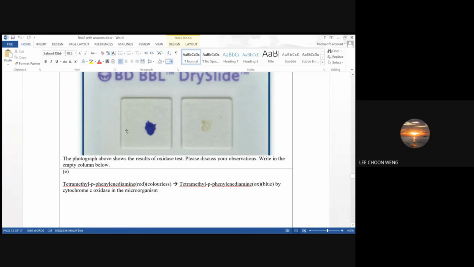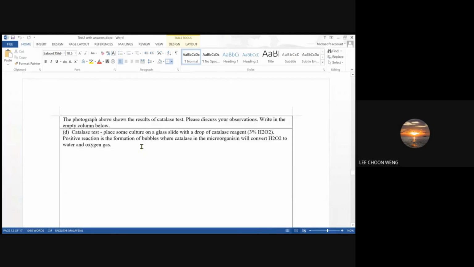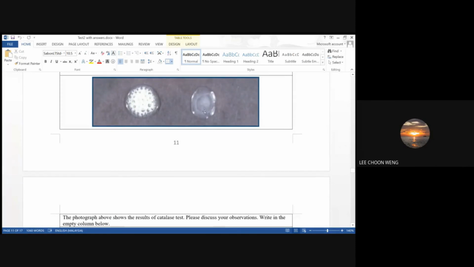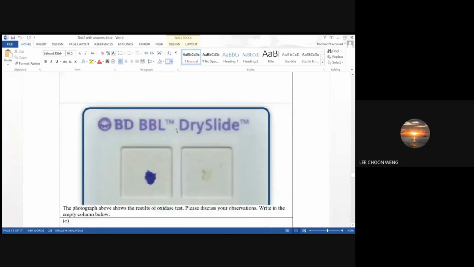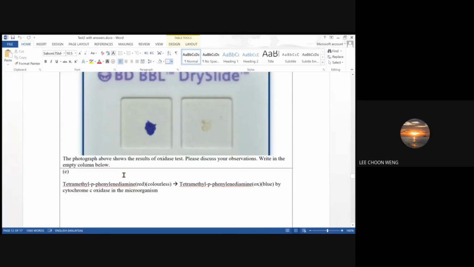So if it's positive, it becomes blue. If it's not, it's like this. So catalase is important. Usually we use it to differentiate between Staphylococcus and Streptococcus, because Staphylococcus is catalase positive. Streptococcus is catalase negative. Here, oxidase, very important because Enterobacteriaceae